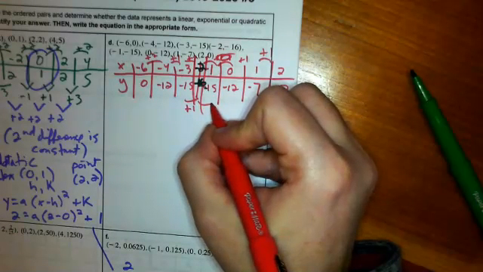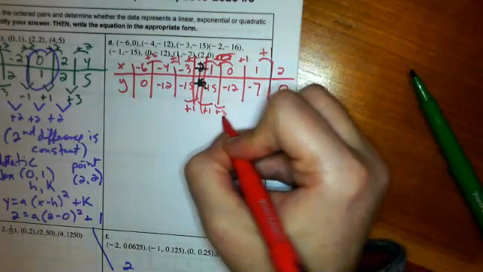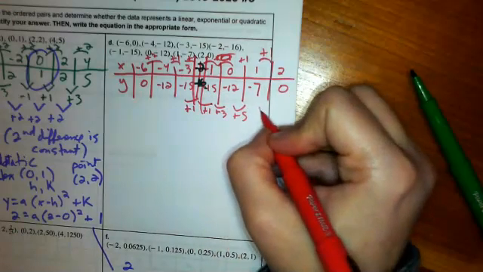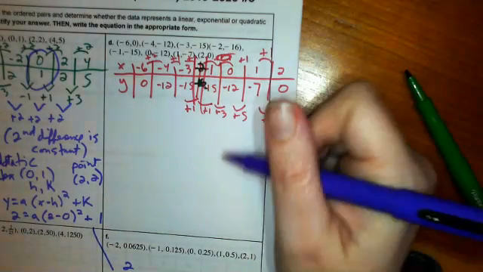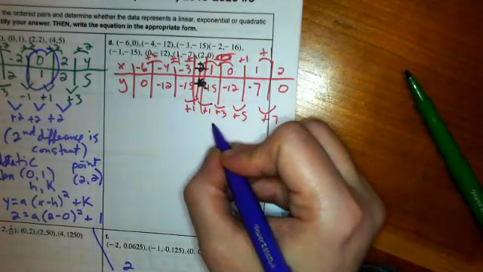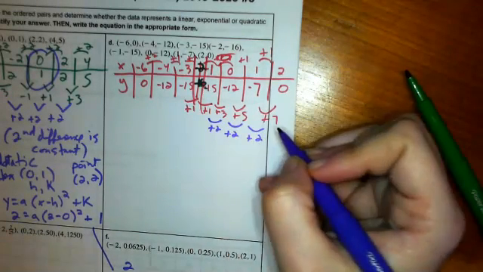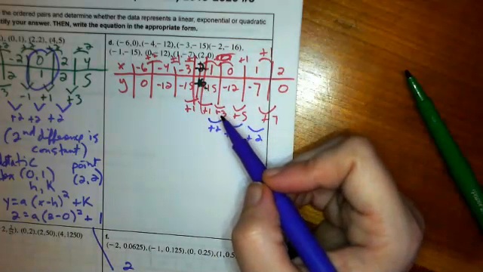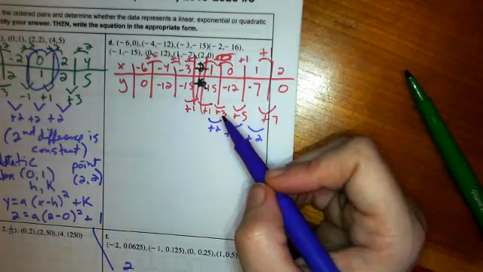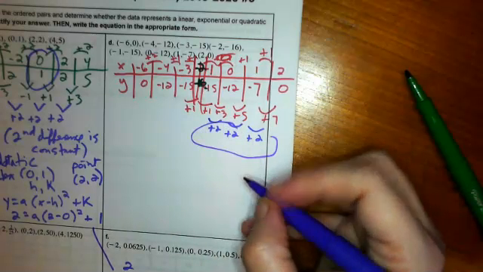Here's 16 to 15, plus 1. Here's plus 3. Here's plus 5. Here's plus 7. Okay? So that's not helping me much because I know that I'm not going to have something linear because they're all different. So let's try it again. Here I have plus 2, plus 2, plus 2. Okay, do you see how that keeps going up? Let me look here. Yeah, so that works. So it's going to be your second difference